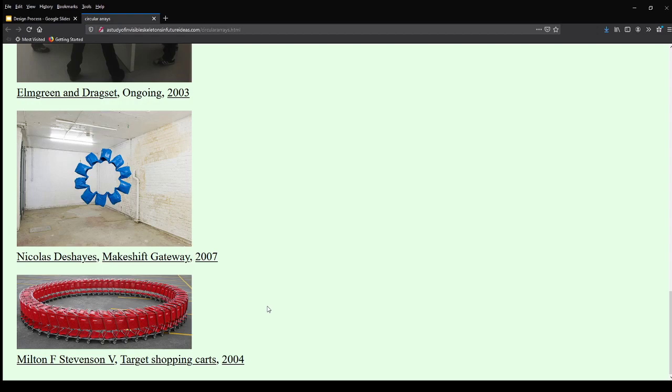But then when I started thinking about it, I said, I want to make shopping carts from Target into a circle, because the red shopping cart in the Target logo is a red circle. So I went to Target and started taking all the shopping carts in the parking lot and pushing them together. And about 10 minutes later, security and the store manager came out and said, "Hey, what are you doing?" And I said, "I'm making some art." And they were like, "You can't do that here." And I had thought about this a little bit beforehand, and I did a little bit of research about Target. So I said to them,